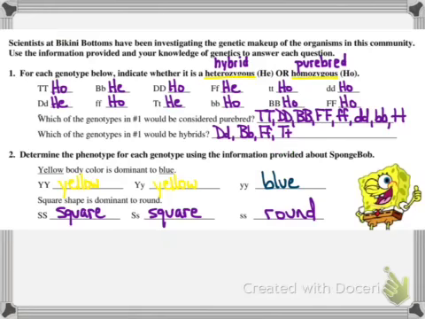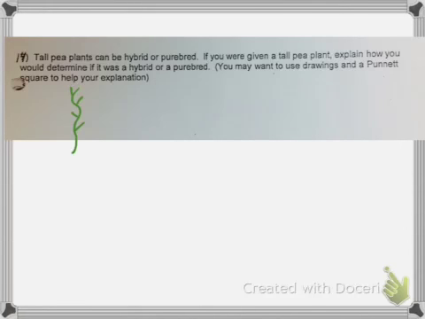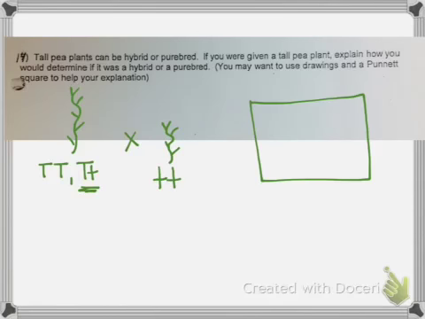And so if it's tall, that means it's either dominant purebred, or it's a hybrid. And so we want to know if it's a hybrid. So what we would do is we would cross it with a short plant or a dwarf. And by doing that, if we look at the Punnett square, if the plant is a hybrid,